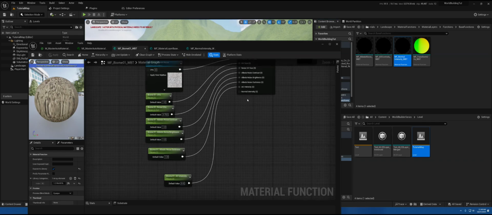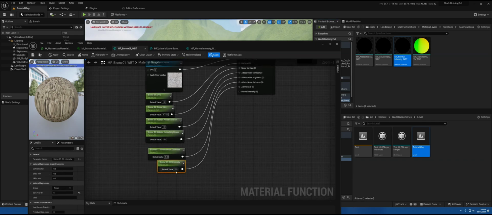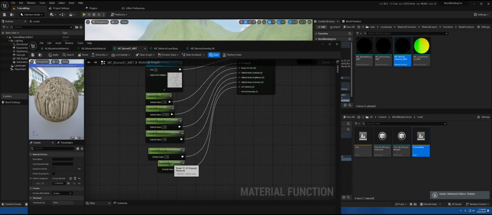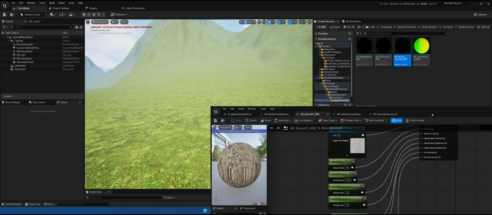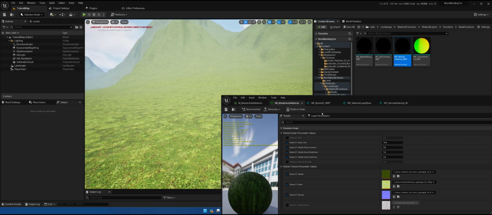Now we come in here, we have our normal intensity. Not X. Wanted to copy paste. We're going to name this one normal strength. Put it at 1. Save. So now when we come over here at normal strength,